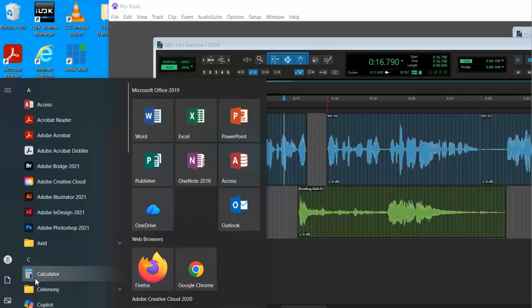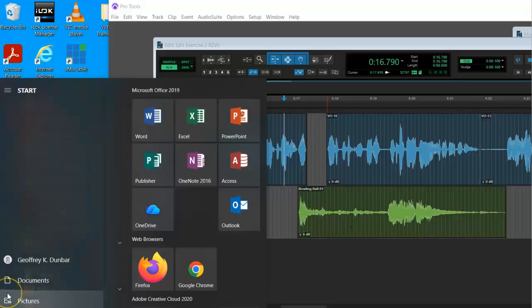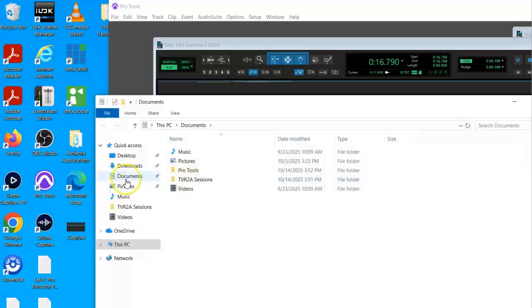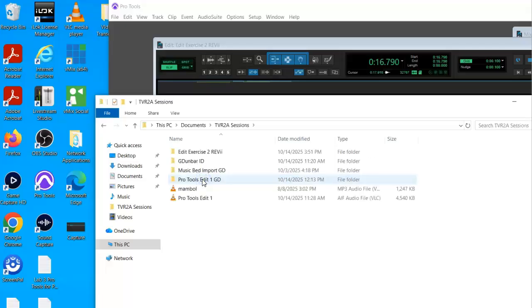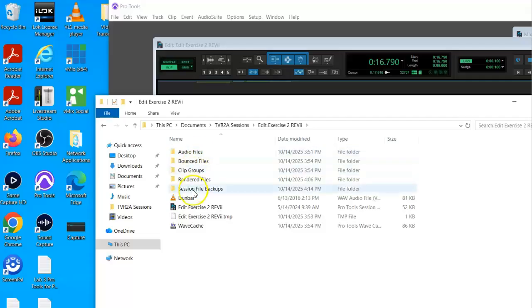Notice I still have Pro Tools open. So I'm going to go to my documents. I'm going to go to the TVR2A session. I'm going to go to the edit exercise 2 rev number 2, and there is that file. Look at that. It says Dunbar and it's a WAV file.